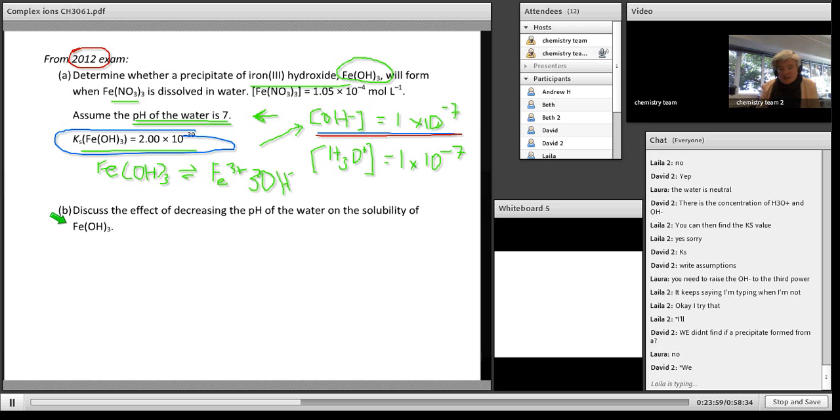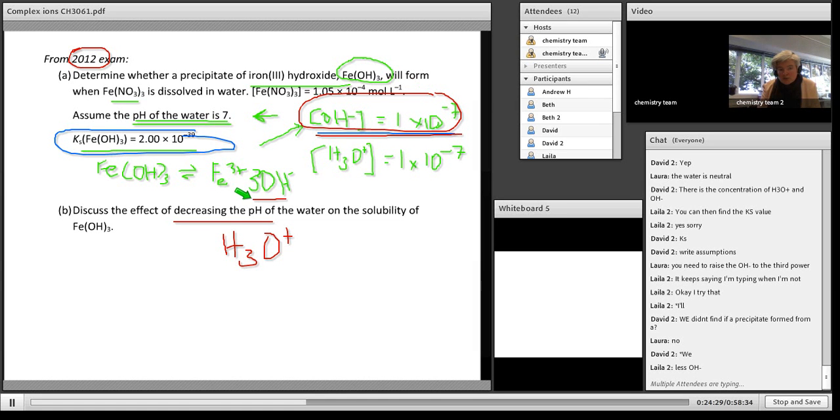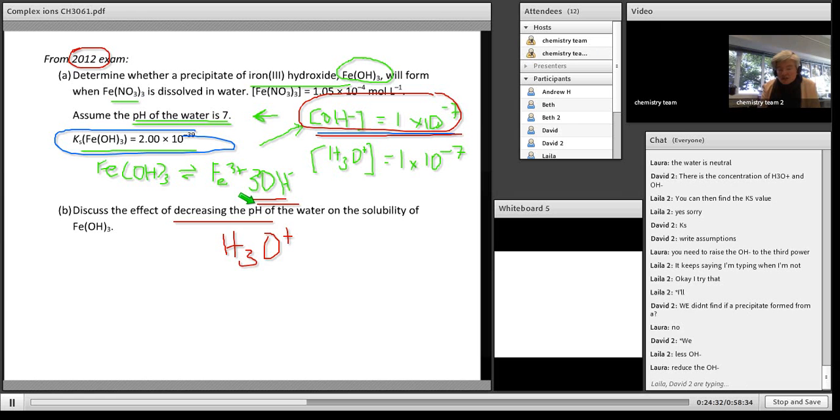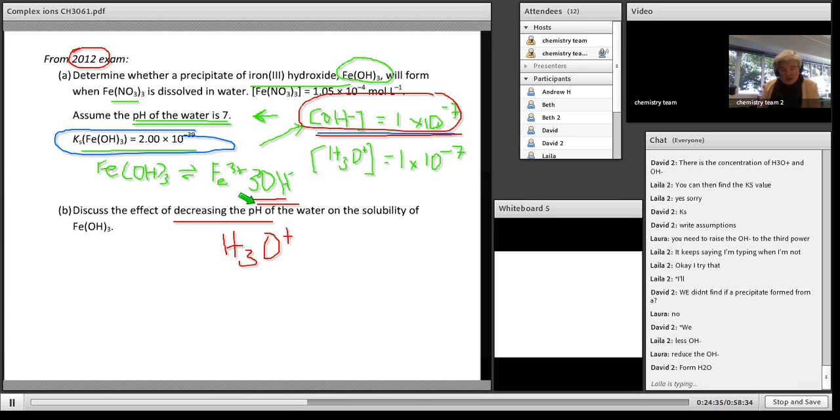In this case, it's not a complex ion. It's actually just recognizing that if you decrease the pH, you get more and more hydronium ions. And what do you think hydronium ions will do to any hydroxide? Just remember, this is in equilibrium, so I have got hydroxide in solution. Okay, it'll react with the OH-, and it'll remove the OH-